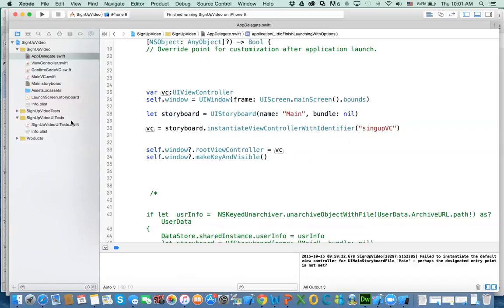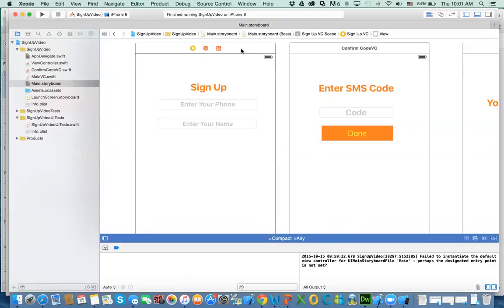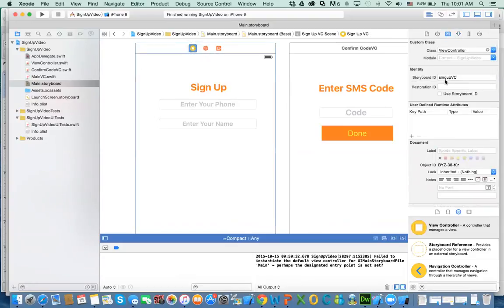The next thing we need to do is get access to the view controller in the storyboard. So if you go to the storyboard, there is this view controller. This view controller has a name. What's the name of that view controller? Remember, we said it has an identity. The identity for that view controller is Signup VC. So to avoid typing errors, you do Command-C to copy from here. All right. So then you go